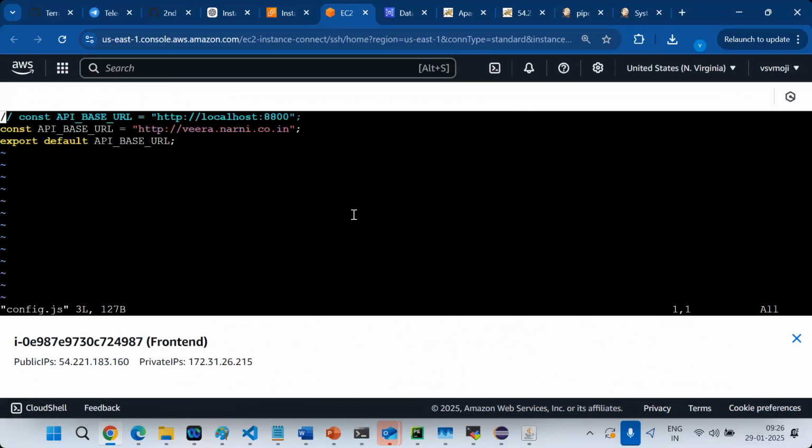So here, the drawback if I give the public IP is that your server may restart. Public IP will change or not? Yes, it will change. So in this case, again you need to change the code and again you need to deploy